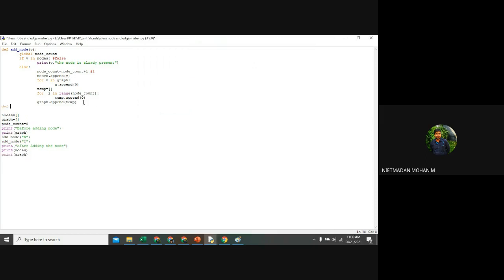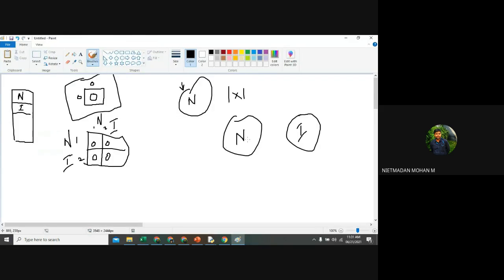So if add underscore edge, this is my function name. For adding the edge, how many arguments do I want to pass here? One only, sir. No, no. So you just see this representation. I want to pass two.